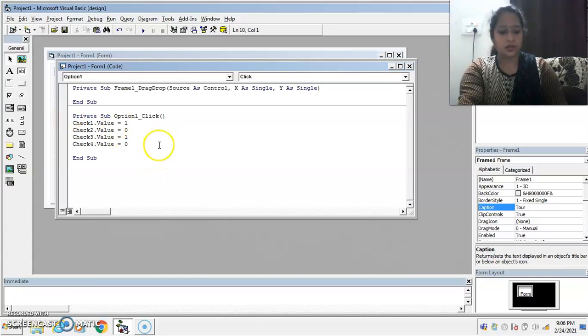Okay, so this is the coding for first option button.